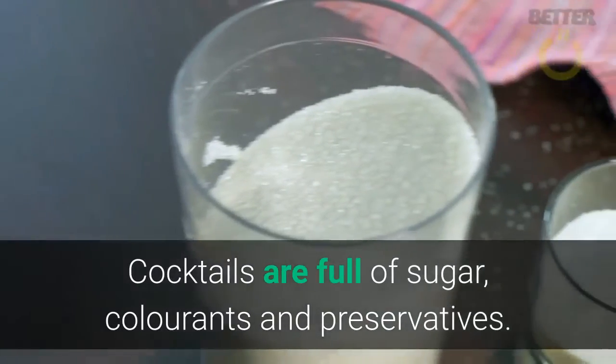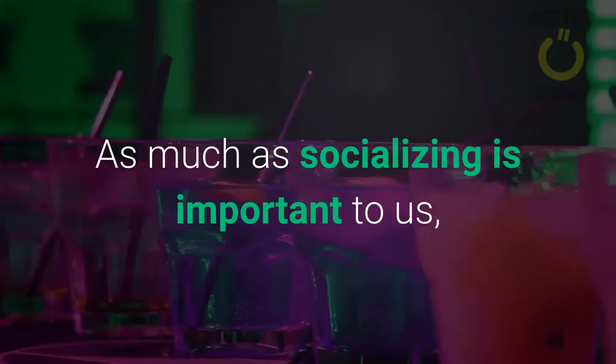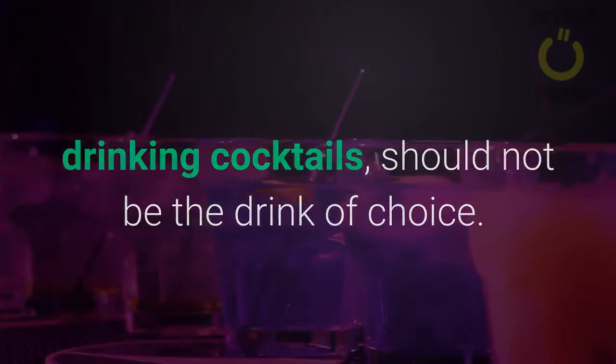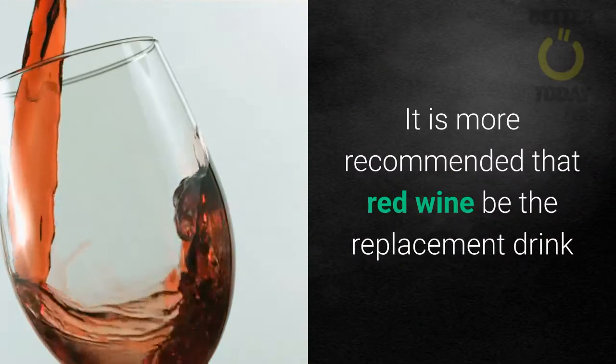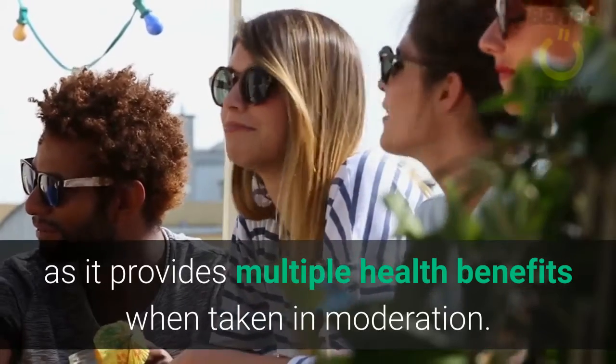Number 3. Stop drinking cocktails, start drinking wine. Cocktails are full of sugar, colorants and preservatives. As much as socializing is important to us, drinking cocktails should not be the drink of choice. It is more recommended that red wine be the replacement drink, as it provides multiple health benefits when taken in